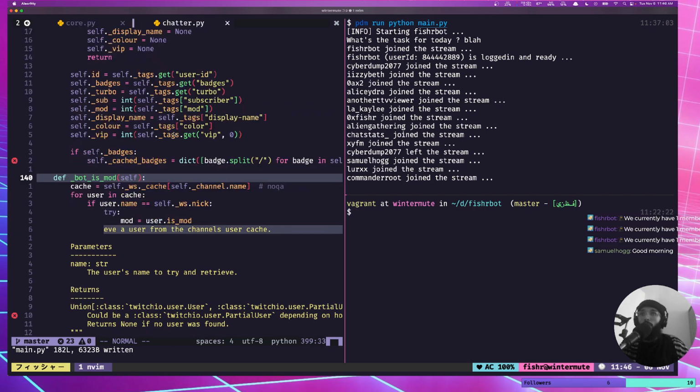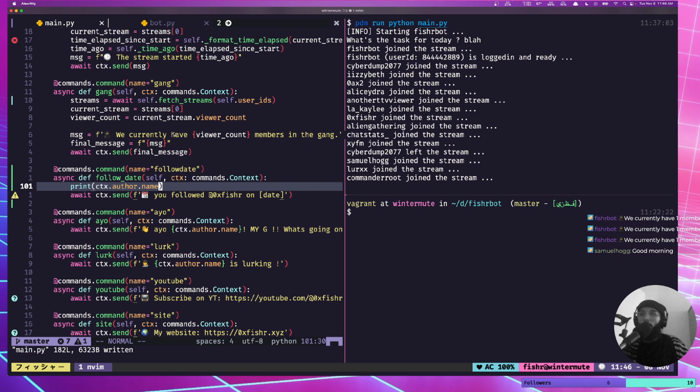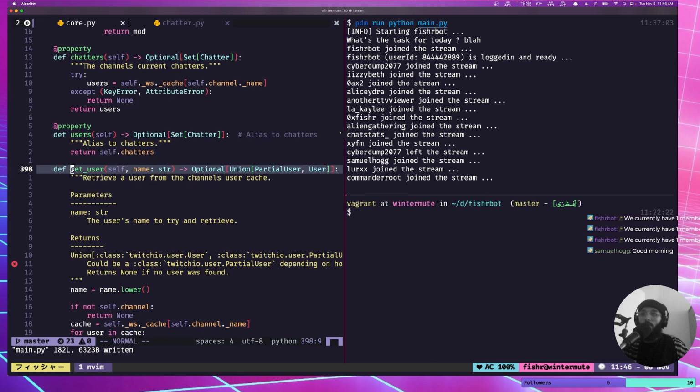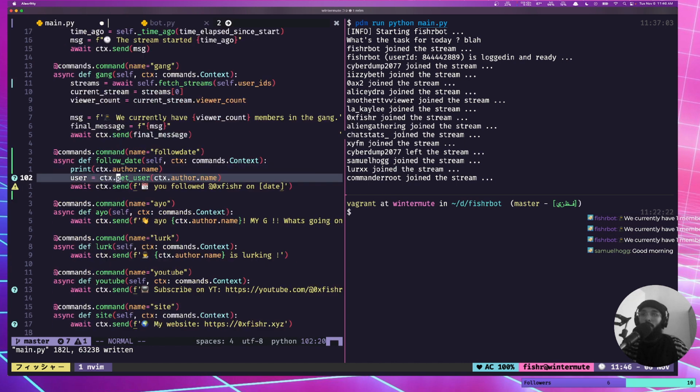So we'll just pull the user based on the name. So we'll do user equals ctx dot get user and ctx dot author dot name. Actually, hang on. Does it even require? Yep, the name. Okay. So we pass in the name, right? And then we say, so this is a user now, of type user. So now we can do, oh,